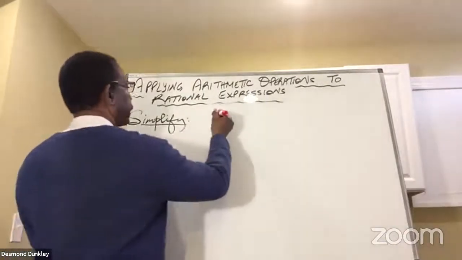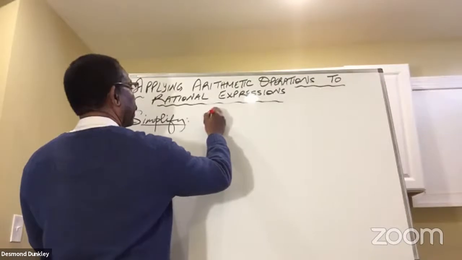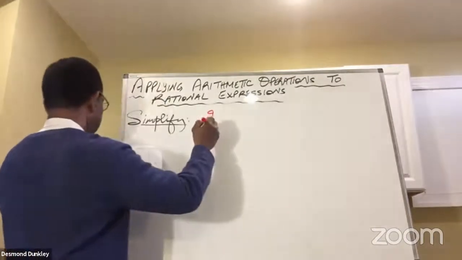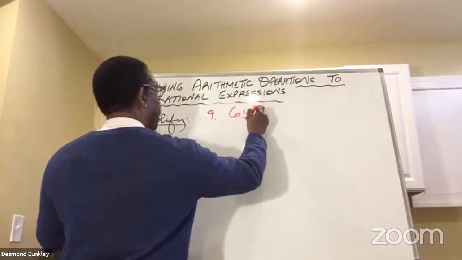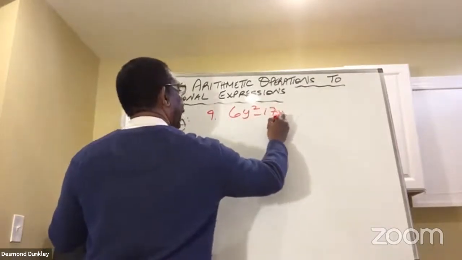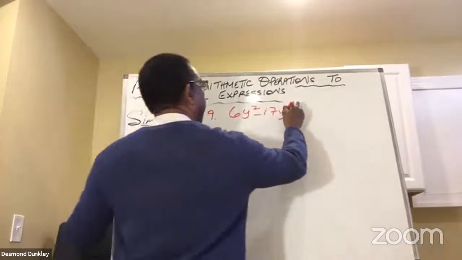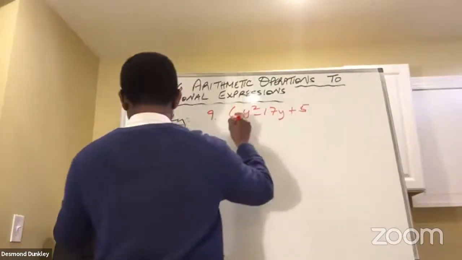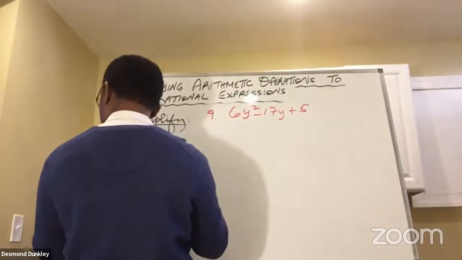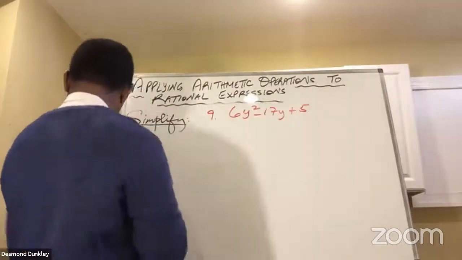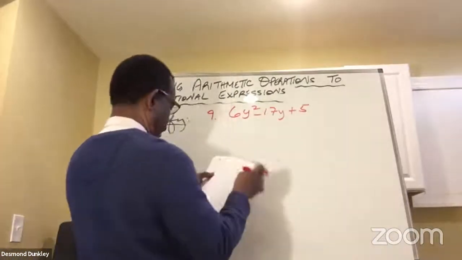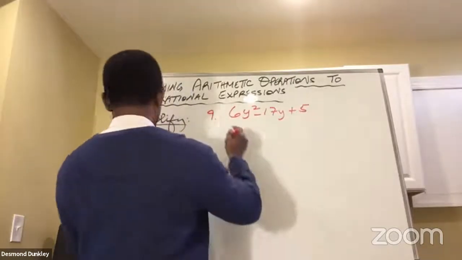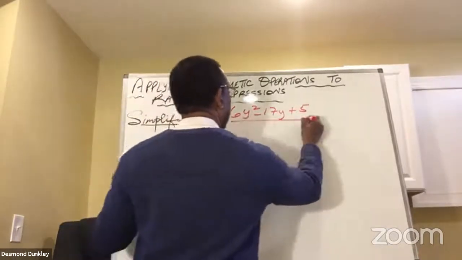Okay, so this is number 9, I think. So this is 6y squared minus 17y plus 5 over